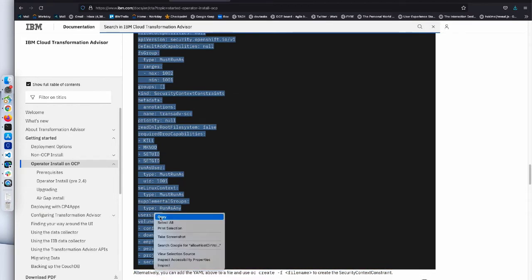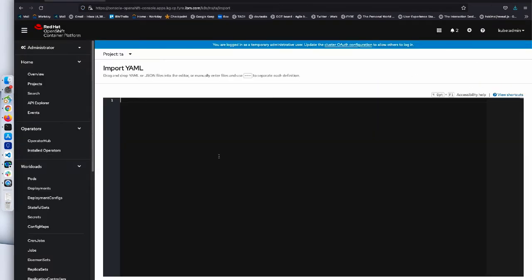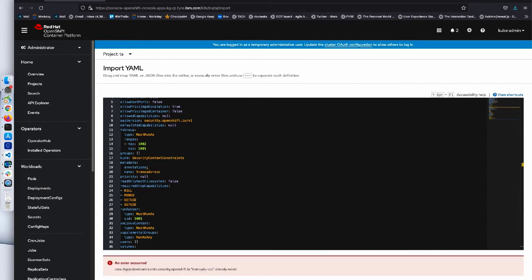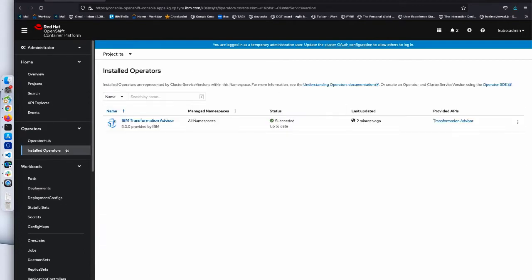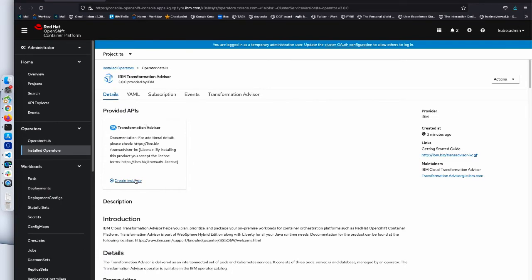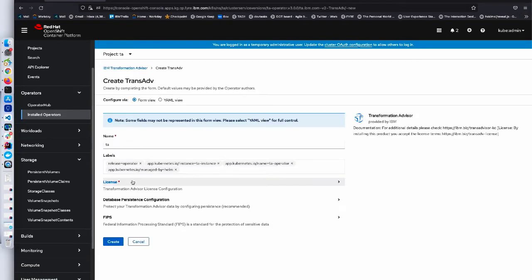Well, I'll show you what you would do if you did need to create this in a clean install scenario. So it's just a matter of selecting the YAML from the documentation. You can click the plus button to import the YAML to your cluster and click create. You can see in this scenario, as we expected, it's already there, so it doesn't create it. So going back to the installed operators then in the OpenShift UI, having the TA namespace or project selected, I'm ready to create an instance. So I can click the create instance button, select my license,